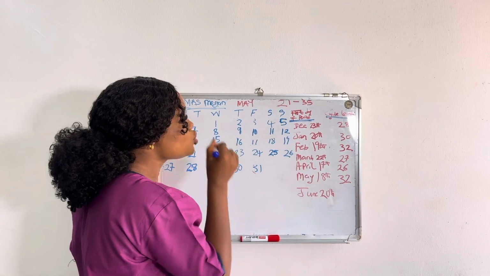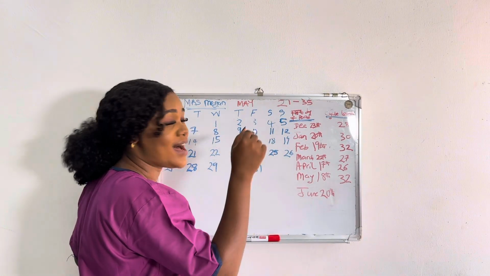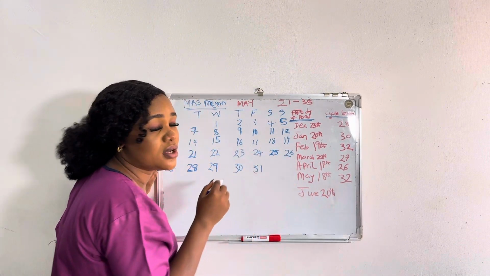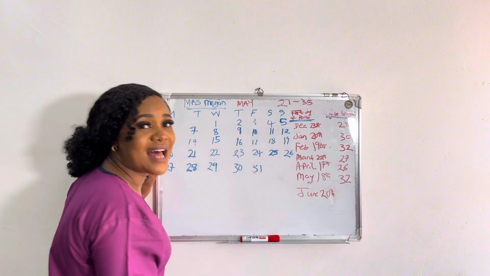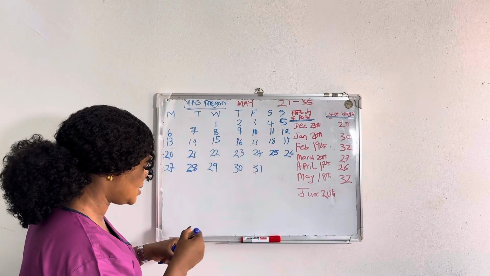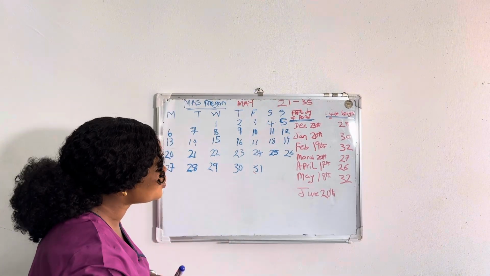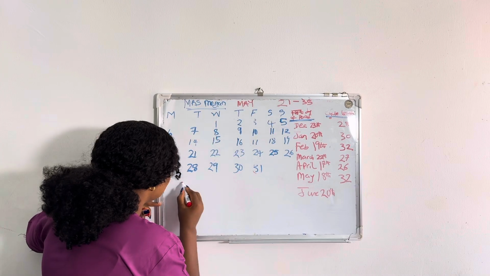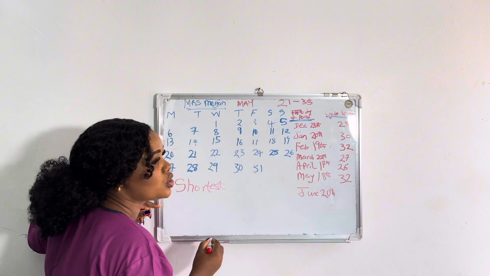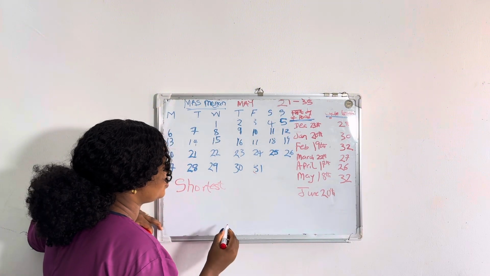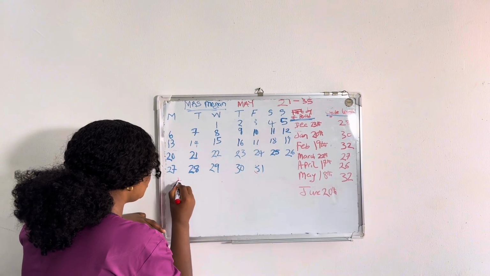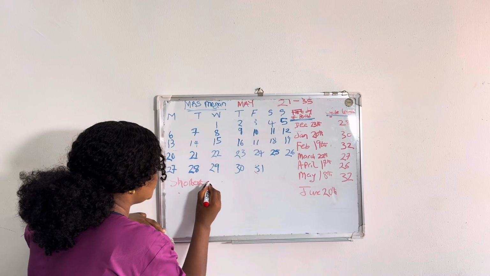So now, in order to know her fertile window and to calculate her safe days, we are going to be subtracting her shortest cycle from 18 and her longest cycle from 11. So we are going to do this. So we are subtracting the shortest cycle. Remember that these are for those with irregular periods. So our shortest cycle,